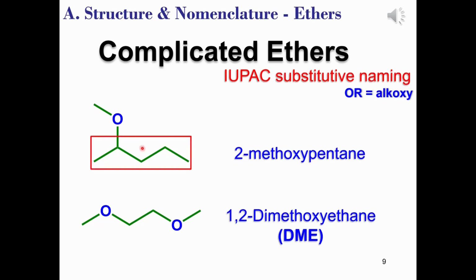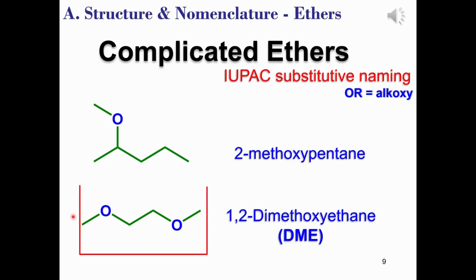The parent chain contains 5 carbons, therefore the whole name for this ether would be 2-methoxypentane using the IUPAC substitutive naming method. It's also easier when there are multiple ethers in the same molecule to name the alkoxy groups and then add the suffix alkane. Therefore, in the second example, this would be called